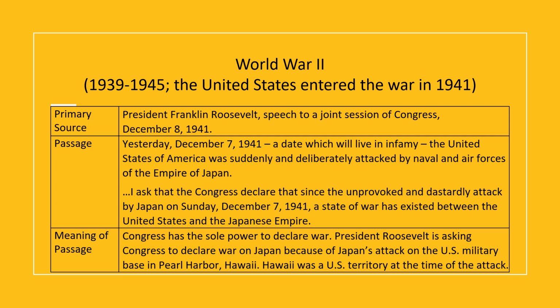So it was really very important to President Roosevelt to be convincing. So look at some of the language that President Roosevelt uses. Unprovoked attack, dastardly attack. We are now in a state of war. A sudden attack, a deliberate attack. So he's using this very strong language in order to convince Congress, not that many of them needed convincing, but